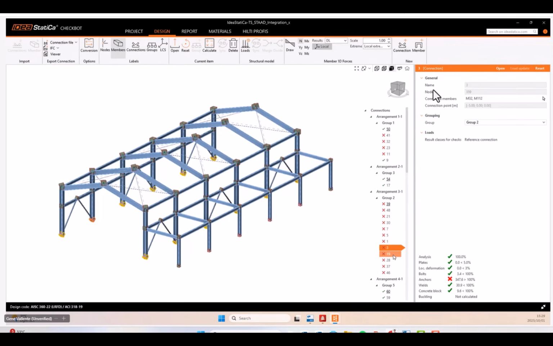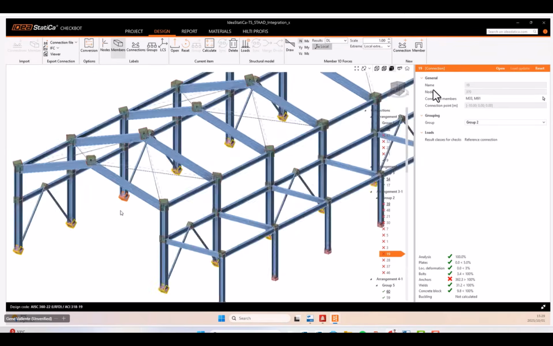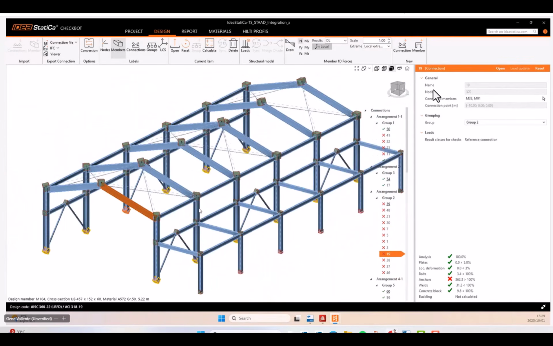So from here I can see 347, under 19 I can see 362, under 349, 360. So basically under node 19, which is somewhere right here, this is actually where our maximum utilization occurs, where our overloading occurs. Now I can open this file to investigate further. Click on open. While it is opening in the background,